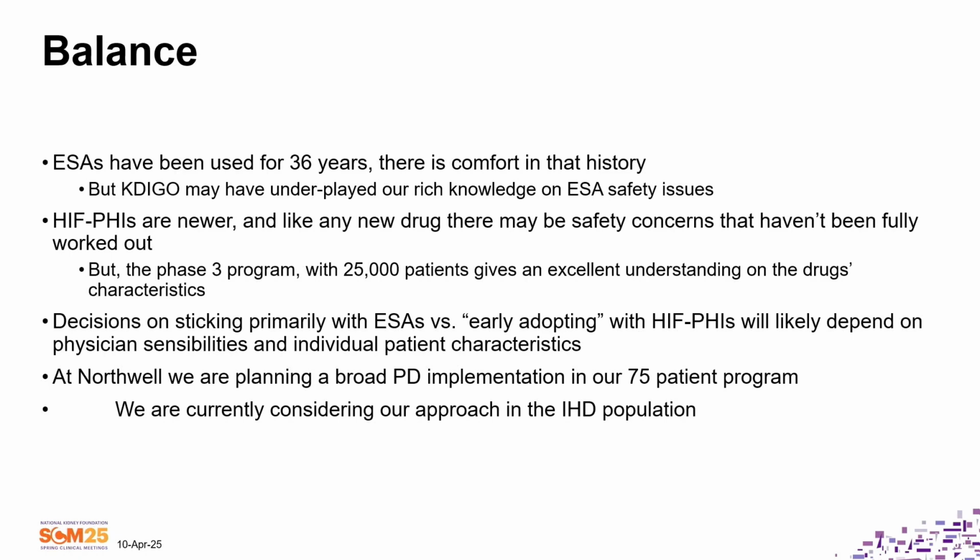But look, I think that there are well understood ESA safety issues, and I'm not sure they're that different, but maybe we understated them a little bit in the KDIGO guidelines. The HIF-PHIs are newer. They're oral drugs. And like any new drug, we can't be sure that over the years there won't be other safety issues that